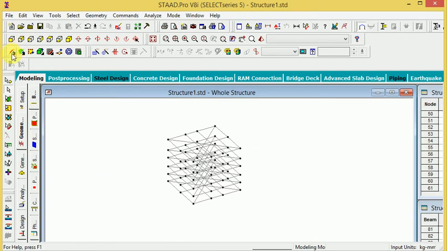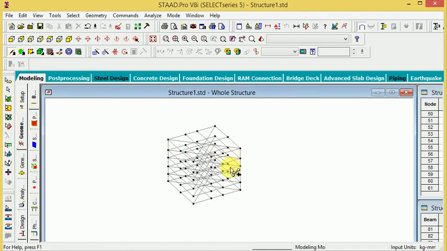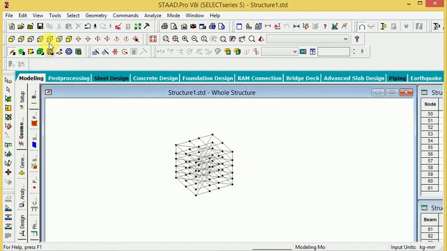When you join the value, click the add beam and join one point to another point, and also join one point to another point. So it's going to continuously join for every point. Easy to join here.